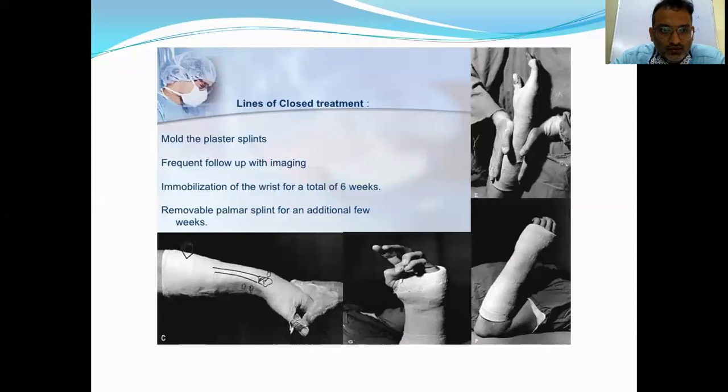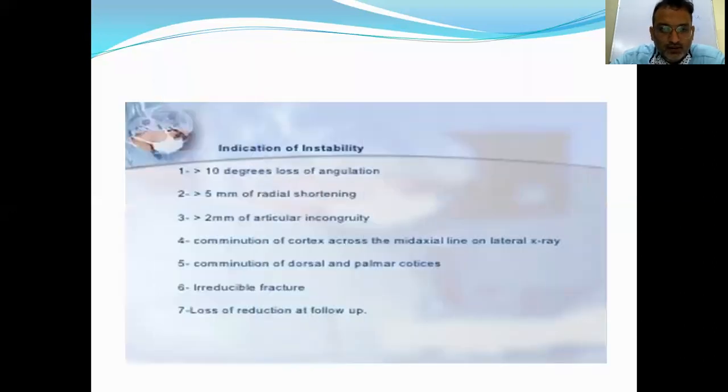What are the modalities of treatment? Depending upon the fracture pattern and reduction and stability of the fracture, mold or plaster splints and POP casing are the dictums. Okay. What is the ideal time of immobilization? Ideally, it should be for 6 to 8 weeks. Okay. But depending upon the patient compliance and compatibility and fracture pattern, you can vary the duration of treatment.